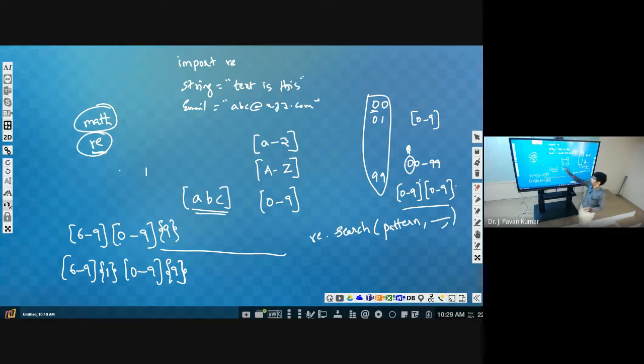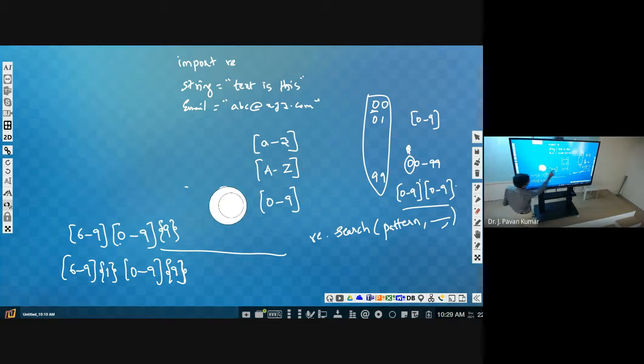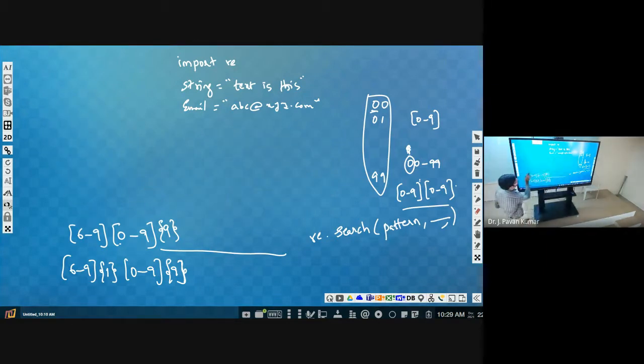Now come to this particular one. The string is there, and that string is starting with text or ending with this. Specifically we have two conventions: if you use the cap symbol in the pattern, in the regular expression, it imposes that the string should start with that particular character.